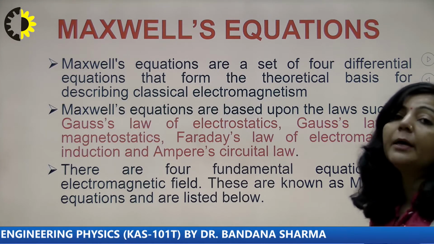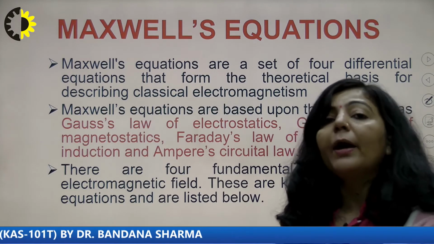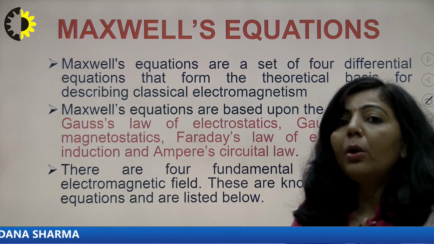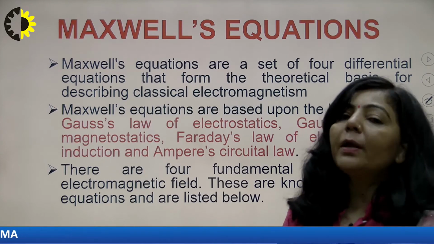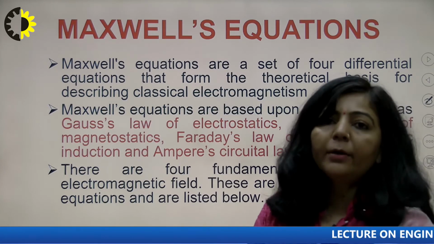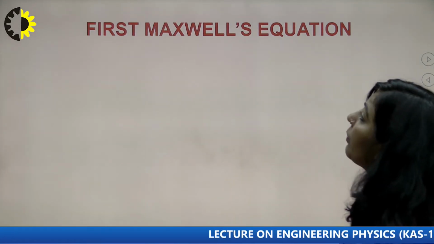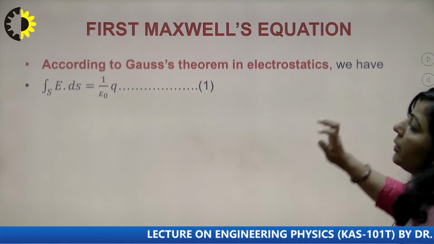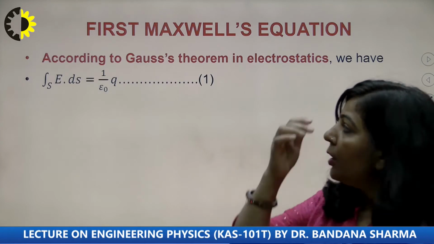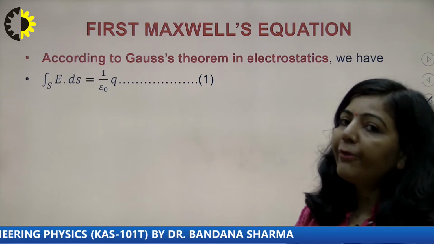So I am going to start with our first equation. You have to understand the process through which you are going to write those laws in differential form. If you can understand that process for one particular law, then on similar lines you can write all these four laws in differential form. So that process is important, you have to understand that process. So I am starting with your first Maxwell equation. The first point is, you should know from which law you are going to write that equation. As I have mentioned, your first Maxwell equation is a differential form of